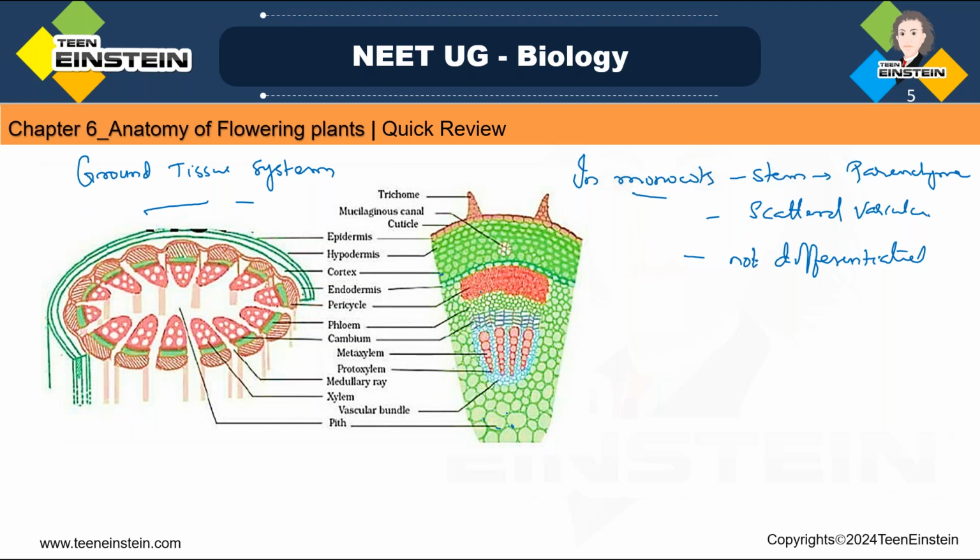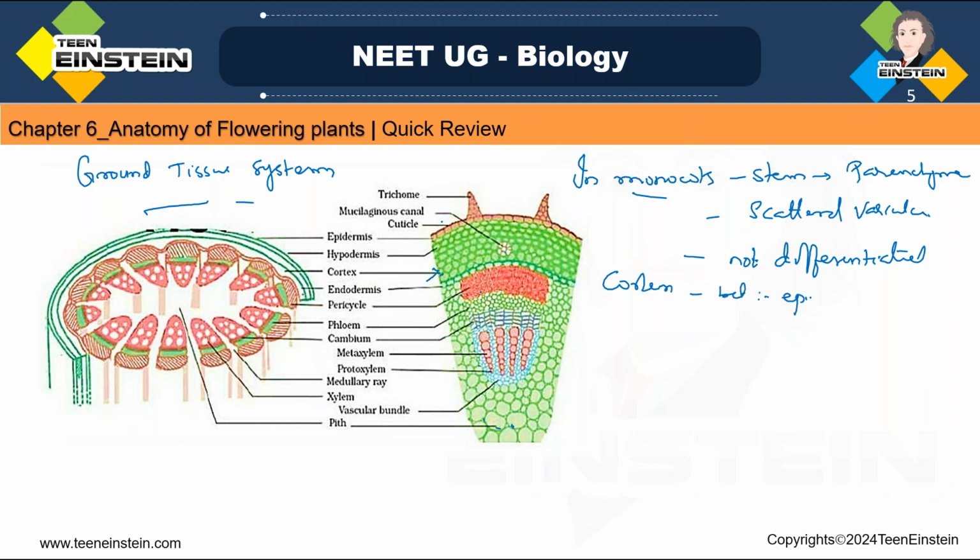Okay, so let's see what this cortex is. Cortex means the main zone which is lying between the epidermis and the pericycle. Here you can see where the cortex is, we have marked cortex here. Next comes the pericycle, right? So we can mark epidermis and pericycle, between them comes the cortex, and the cortex portion itself is divided into several layers, right? Between epidermis and pericycle, which portion comes? Cortex portion comes,